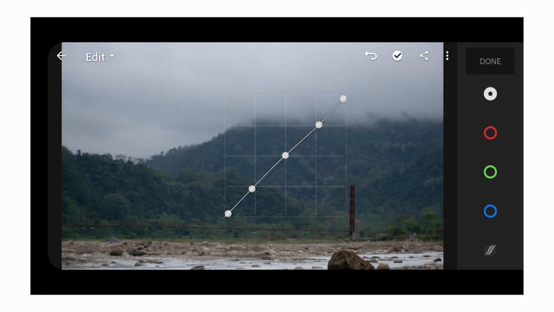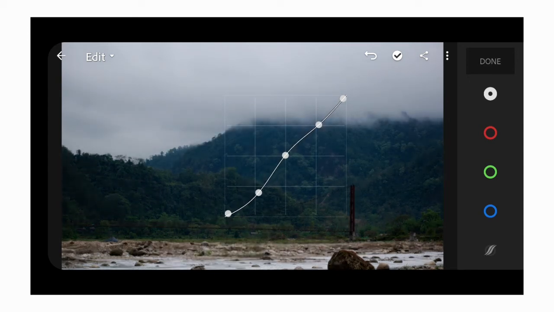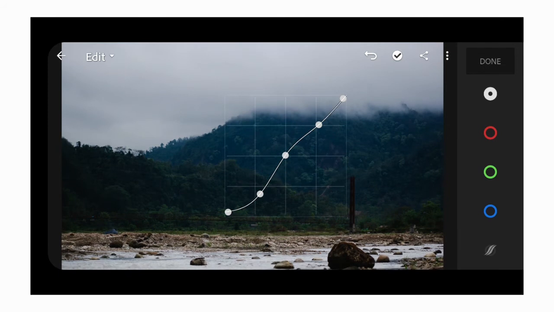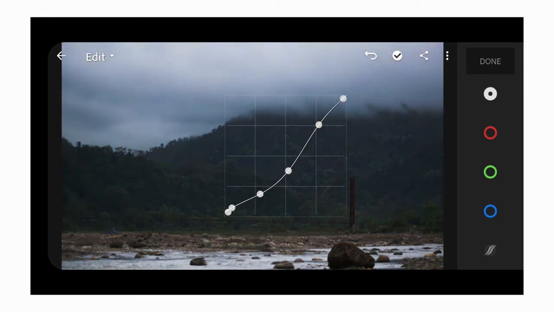So what we will do now is this box at the extreme left is dedicated towards the shadow area of the image. So if I pull this down, I'm actually pulling the shadows of the entire image. If I pull this up, I am pulling the blacks of the entire image. If I'm pulling this up, I'm pulling the mid-tones of the entire image, or I'm decreasing it. That's completely up to you. You can increase it or decrease it according to your liking. And this here is for the highlights.